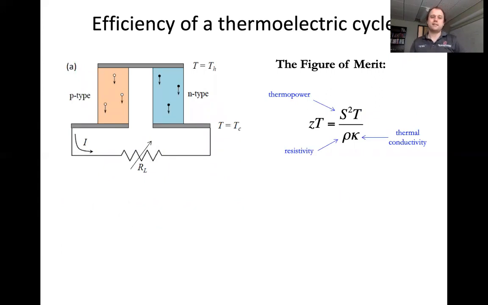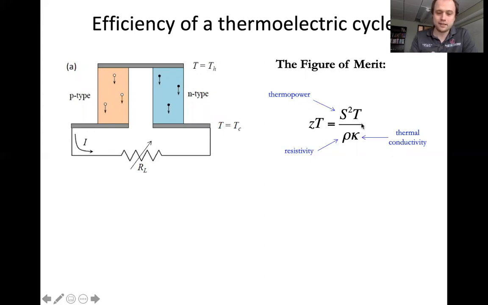What you'll find is that the efficiency of your cycle depends only on a particular dimensionless combination of numbers that we refer to as the figure of merit. Usually written as Z times T, ZT. So the figure of merit depends on the thermal power squared, basically because any electric power you extract depends on voltage squared, which comes down to thermal power squared. It's linearly proportional to temperature T